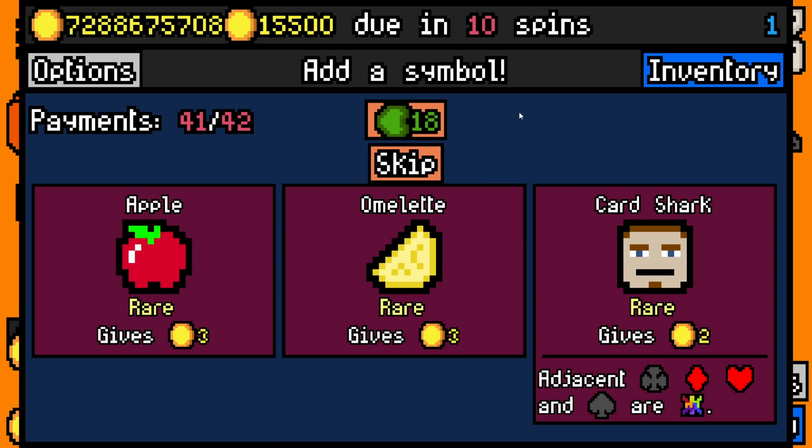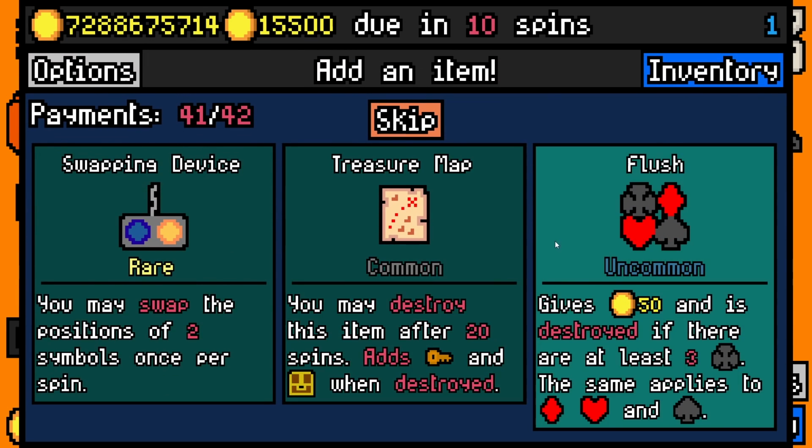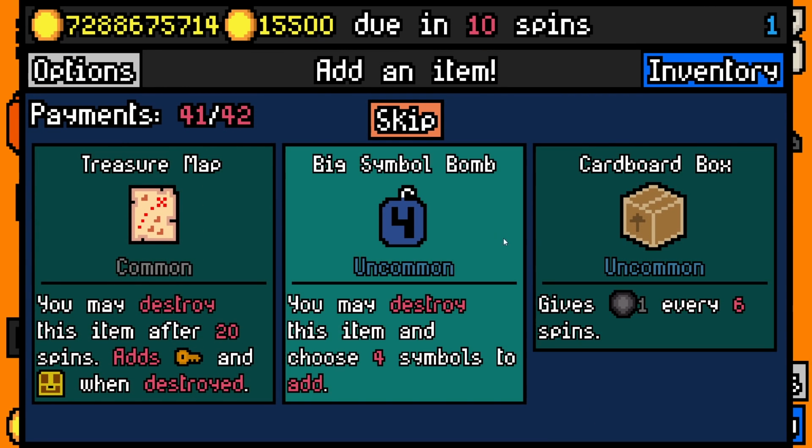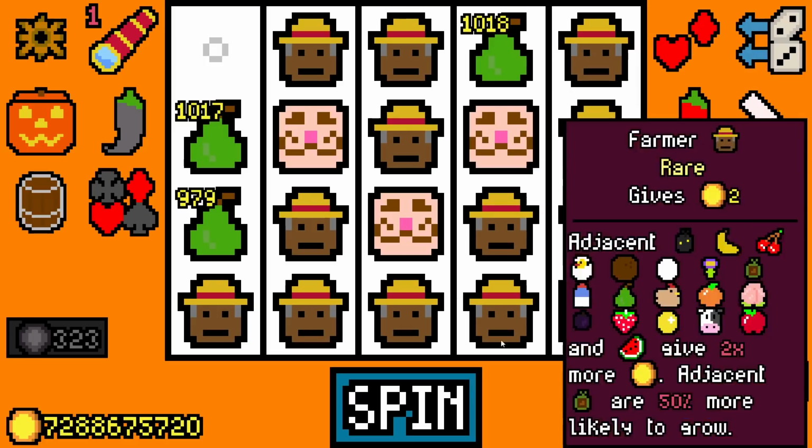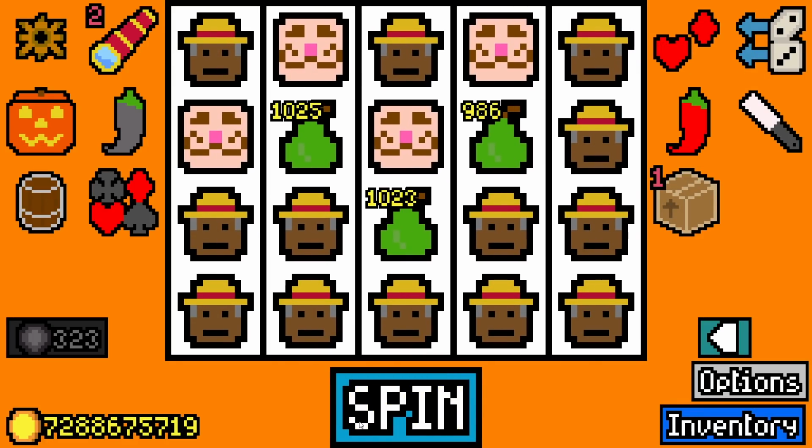Try not to skip the farmer this time. There we go. Thank you. We'll add flush. We will add cardboard box. We will remove the chef. Only 4 chefs left. Just waiting for that last pair to get to 1,000 stacks, and I think we'll end it there, to be honest,